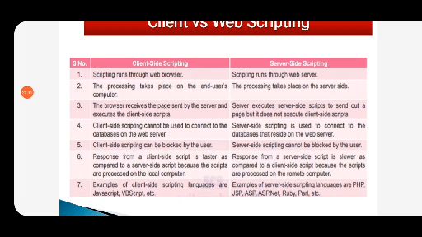I hope this is clear to all of you. I repeat, the examples of client side scripting languages are JavaScript and VBScript, whereas examples of server side scripting languages are PHP, JSP and ASP.